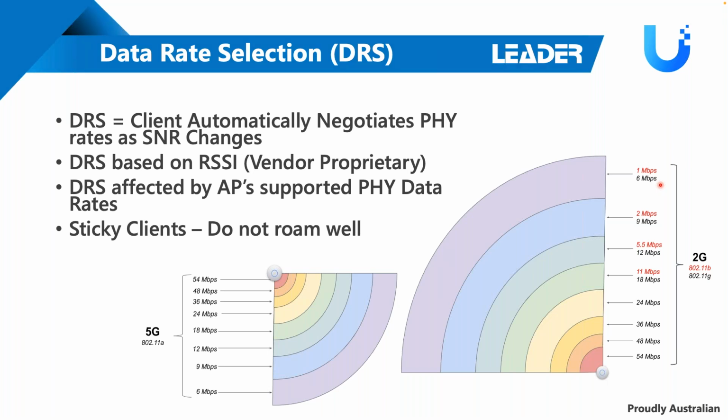If you did a speed test, even though your cell phone would show it can do 54 megabit per second, you typically only see really about half of that. That's just with the overhead of the data transmission, etc. So half of that throughput is real throughput. But the process of negotiating this is the DRS mechanism, and this again is vendor proprietary, and it decides, your cell phone or your laptop decides when it's going to jump to something else. So moving on from there,